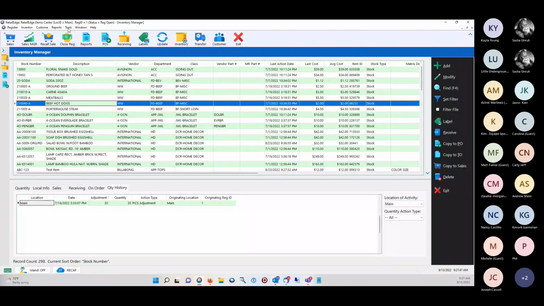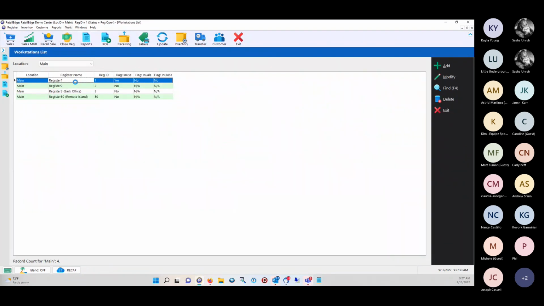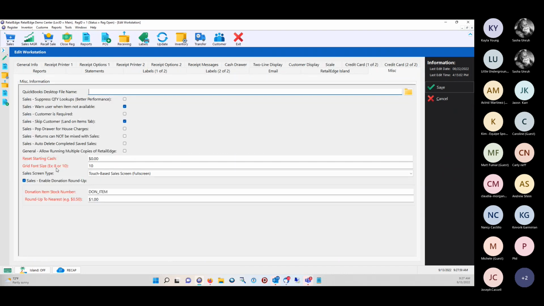Under Tools, Settings, Workstations, modify your workstation. Under the Miscellaneous tab, there is a grid font size. So if the font on your manager screens you feel is small, increase the font size. Go up to 10, go up to 11. Do something bigger so that you can see it. Obviously, the larger you go in the font size, the fewer lines you'll have per grid. And if you're on a smaller screen, you may lose some of the items displayed, but at least you can